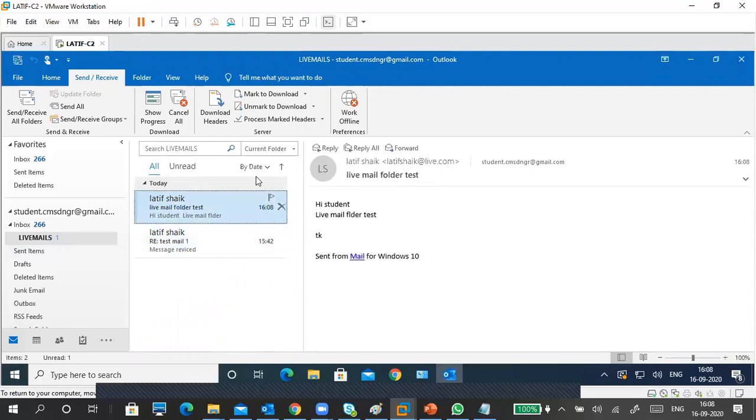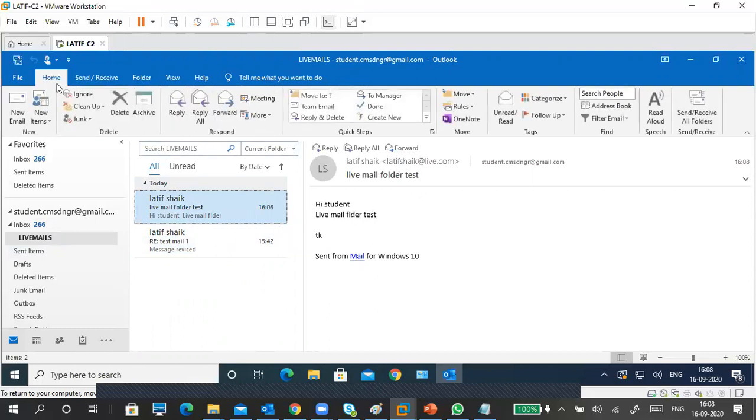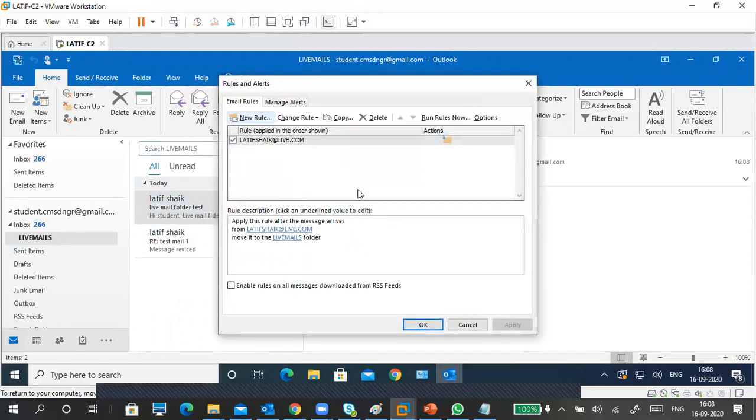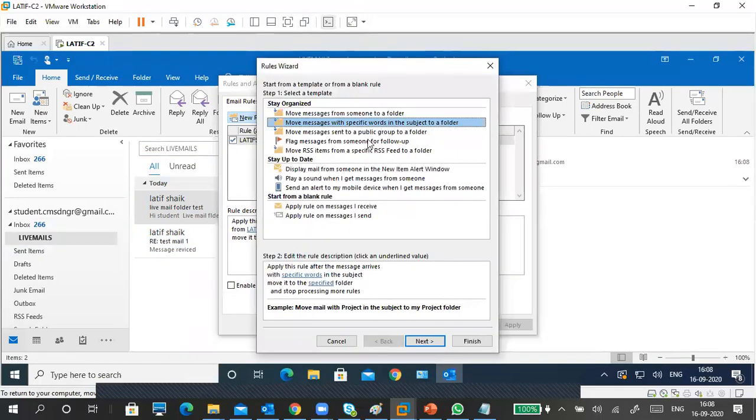This is the rule I created. I created a folder based on a particular sender, like from the manager or from HR, based on who is sending mail to me. You can also create a rule based on the subject names, a specific subject in the mail, like urgent, project, regarding this project or regarding this batch. We can create it like that.